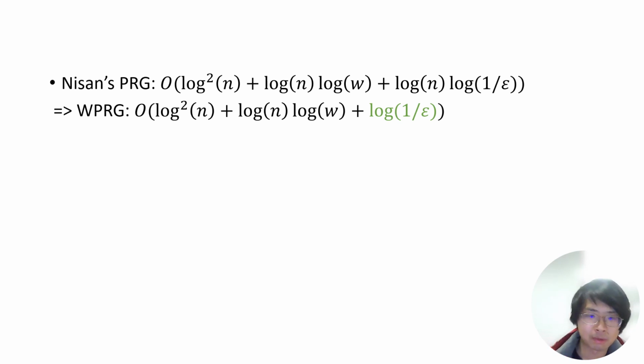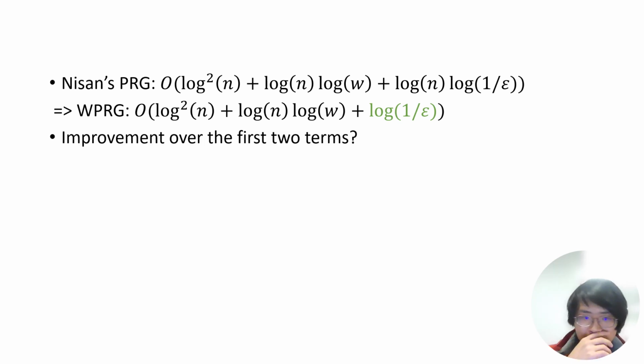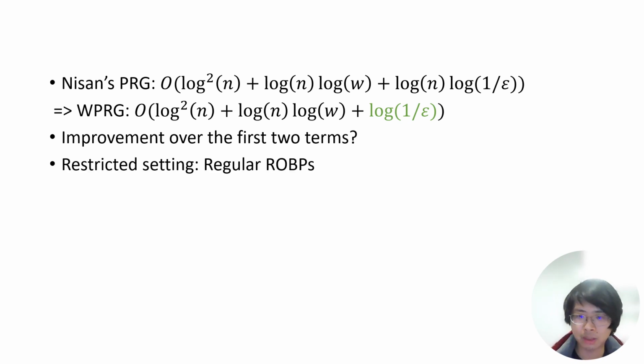And we have seen that in Nisan's PRG, if we relax our notion from PRG to weighted PRG, then we can remove the log n factor from the log 1 over epsilon term in Nisan's PRG. So it's natural to ask if we can also get any improvement over the first two terms. Although we don't know how to do this in the general case, it turns out that if we focus on some restricted setting called regular read-once branching programs, we can actually get an improvement in the first term